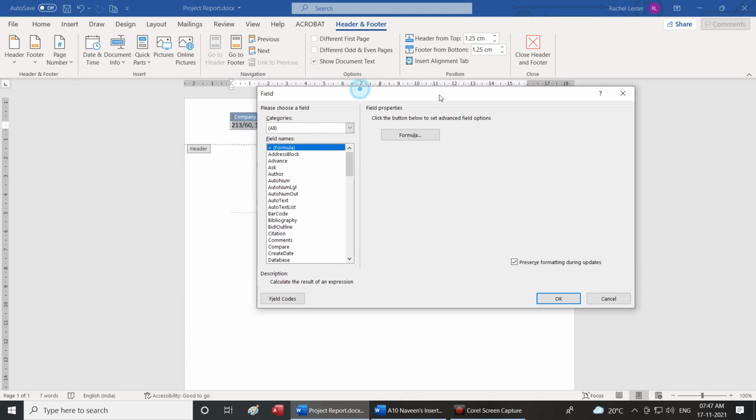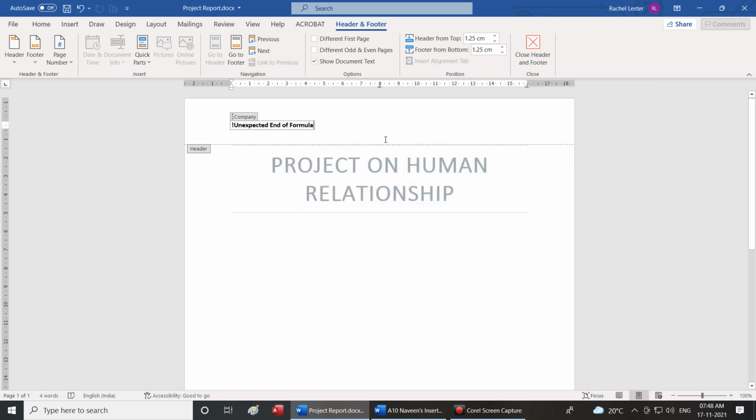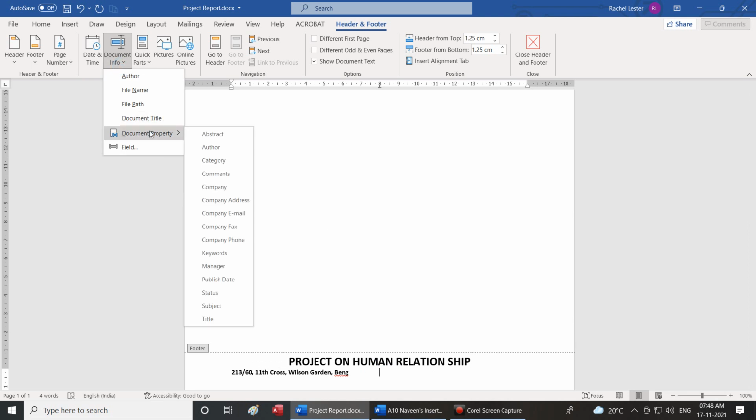This option allows you to insert additional field names, other than what is displayed in document property.